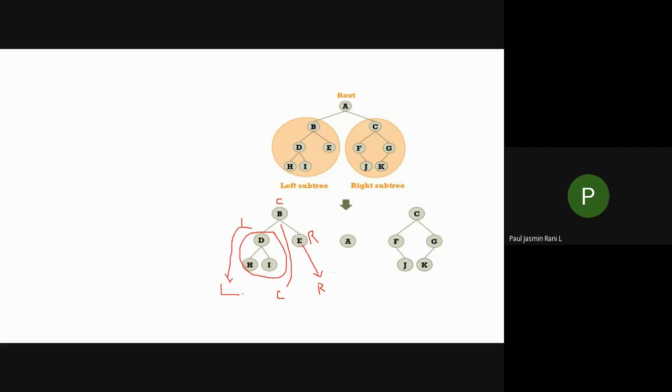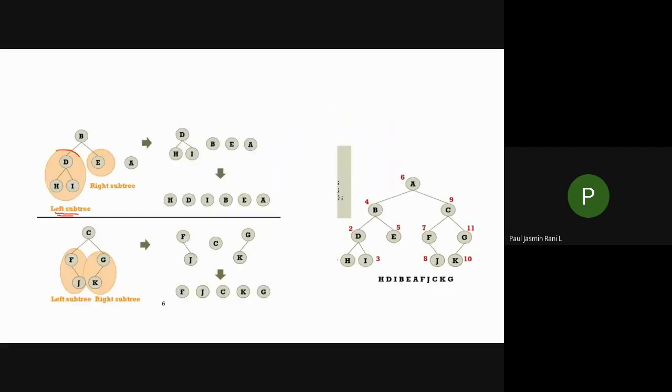Okay, so after doing LCR, what you have to do? Now again you have to concentrate on your left part, that is DHI. Now you are going to concentrate on this part, DHI. Can you follow this one? After doing this, I am recursively calling this part. Again I have to categorize left, root, right. Here the left root is marked as C, the current node, and this one is the right. Can you follow this one? Now this part, let us see later.